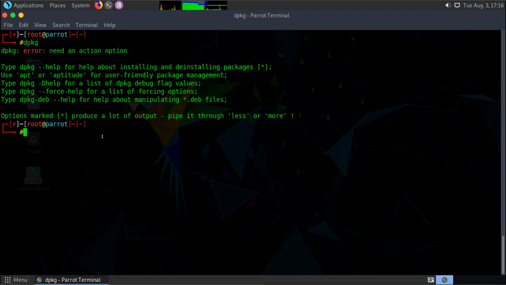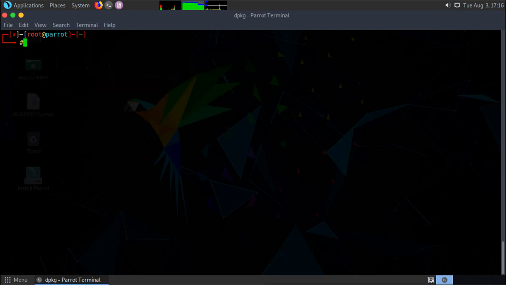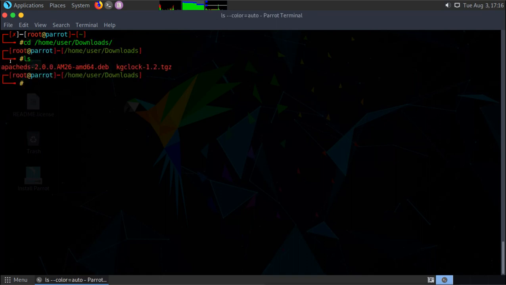Now if you need to install packages here, .rpm will not work. The packages for this will be called .deb. There is a file here in my home directory under Downloads. I have one file here called apache, and it is .deb. Same as the RPM files: the name of the package, then the version, the architecture, and then the extension .deb, so that we know this is a Debian file. This Debian file we can install using the dpkg command.